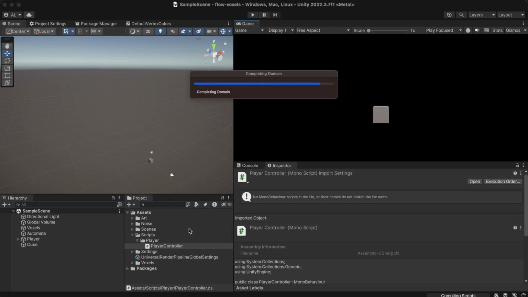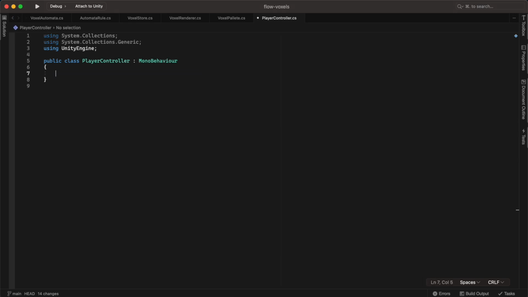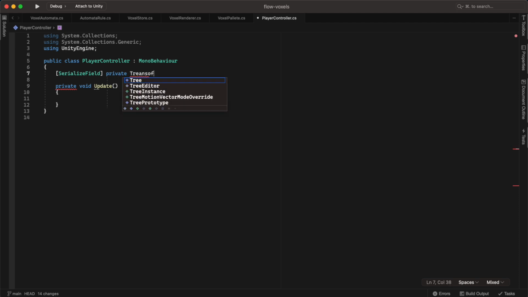All right, let's open this up in Visual Studio. All right, so remove the default methods, and what we are going to do is, what do we want to do here? We're going to need a private void Update, and inside of Update we're going to do all our stuff. Okay, and then a serialized field reference to a private Transform